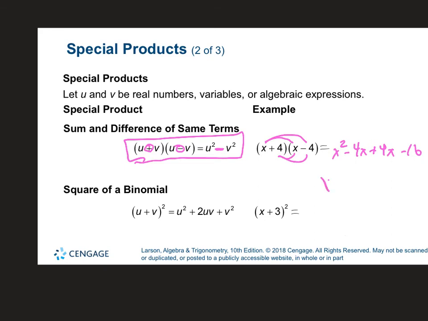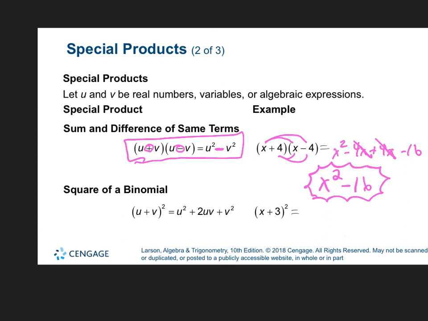So if you notice, you're left with x squared, my negative 4x and my positive 4x cancel out, minus 16. So when you have two terms that are exactly the same in each binomial, but the signs are different, all you have to do is square the first term, square the second term, and put a minus sign in the